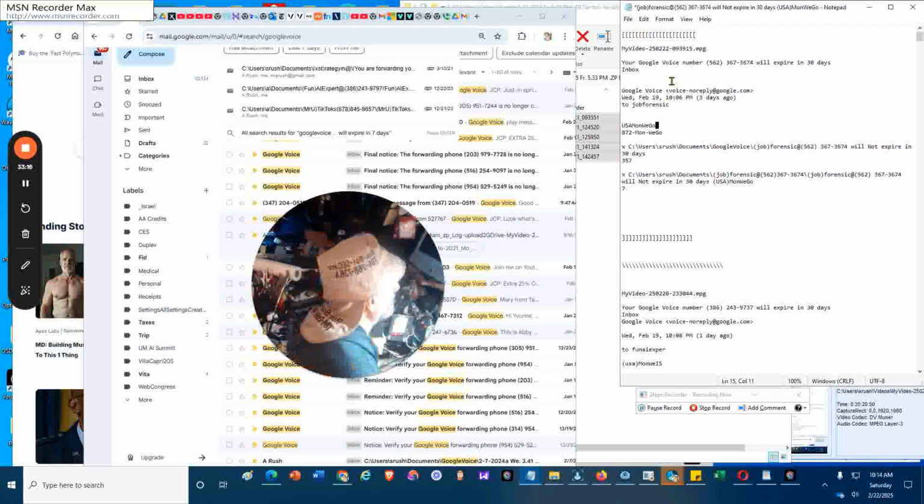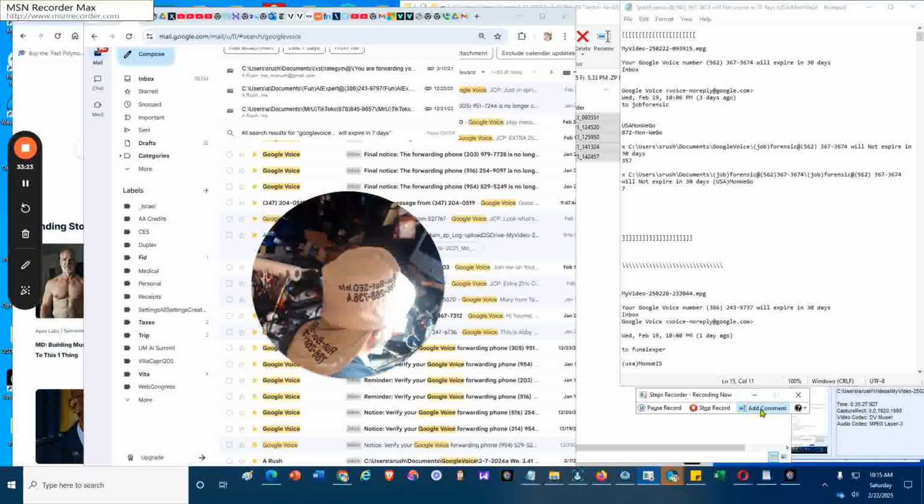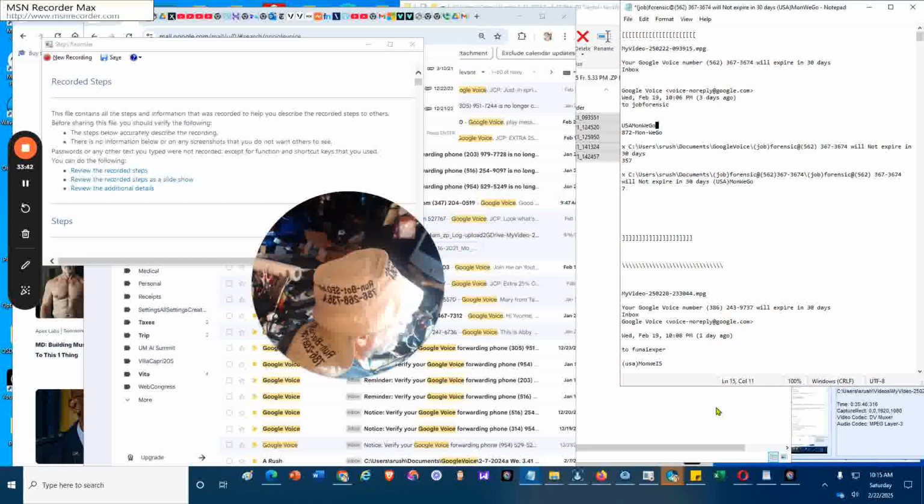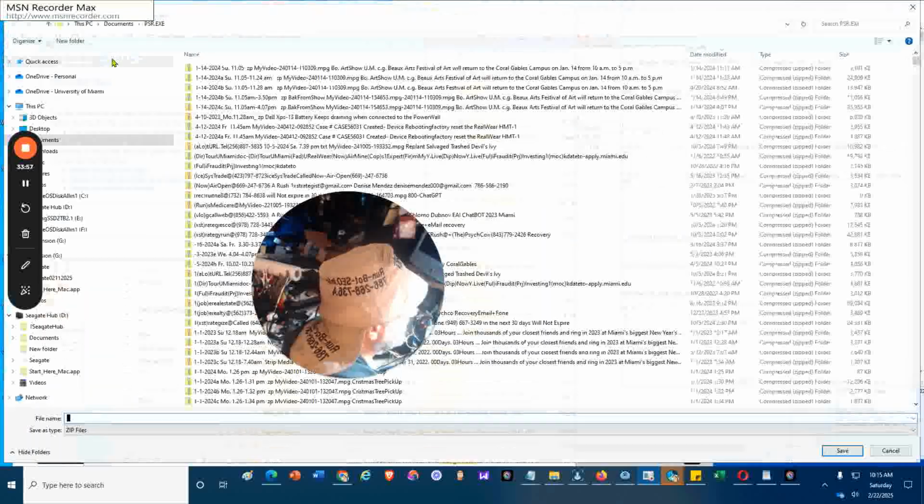So I want to save the file to Pessar. So first of all, I'm going to click the Add Comment on Pessar and paste the file name there, and then click OK and stop Pessar and save Pessar to another subfolder yet. So I will have yet another backup and recovery, another file, and this one is in the zip file format. So I'm clicking the save button,